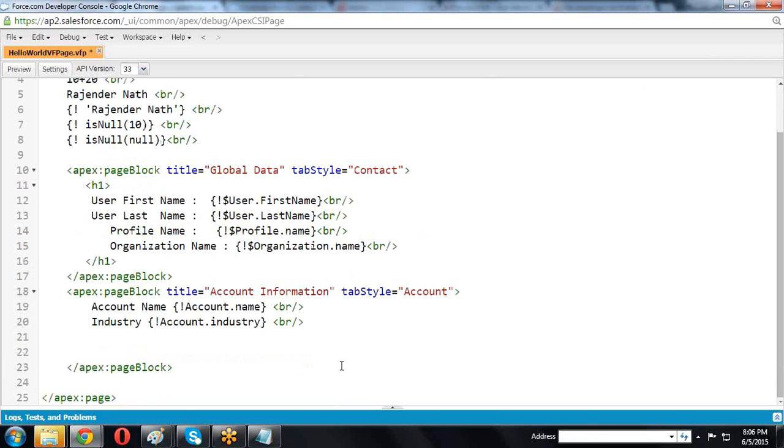Now next rating. Account dot rating, BR. Now phone number.